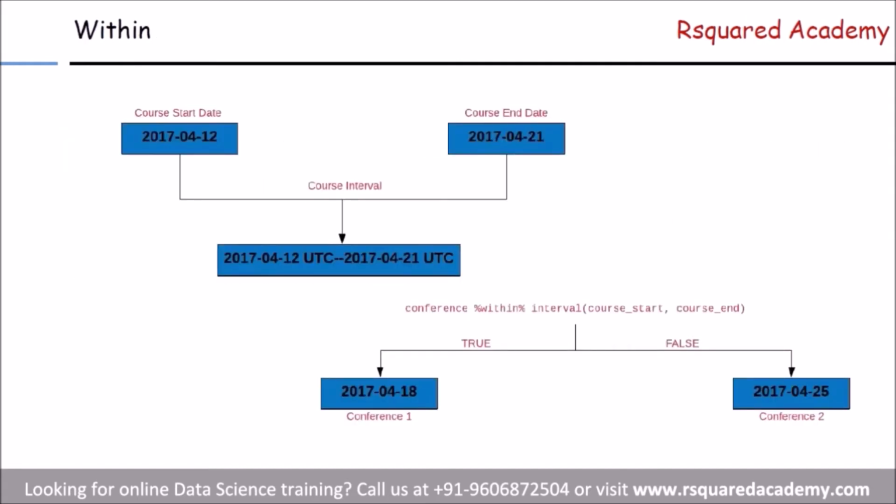So now we'll move on to the next topic in this module, which is within, right? Now let us assume that you have to attend a conference in April 2017, and now you want to see whether this conference will clash with the course, right? Now we can answer this using within, which will return true if a date falls within an interval, otherwise it will return false, right? So here you do not have two intervals, but you have one interval and a date, and you can use within to check if the given date falls within the interval, right?